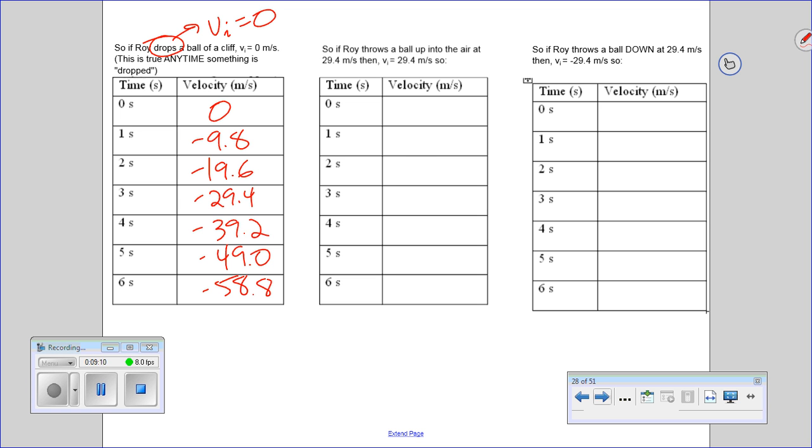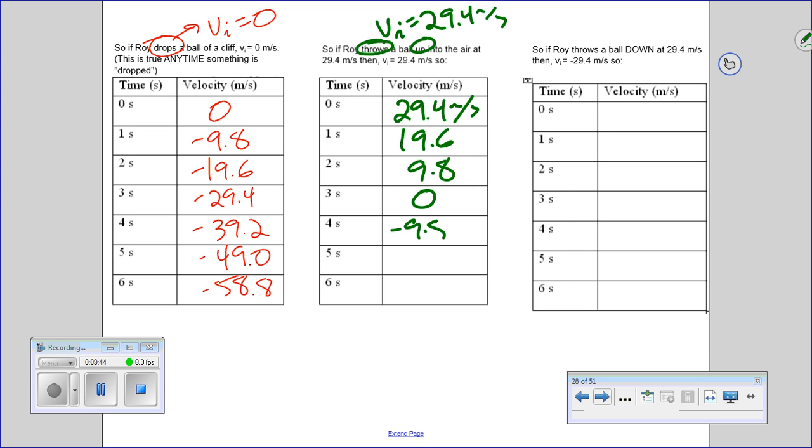All right, now in the second example, Roy throws a ball up at 29.4 meters a second. So in this example, our VI is 29.4 meters a second. That means at the instant that Roy lets go of it, the instant it becomes an object in free fall, the velocity is 29.4. And then, because it's in free fall, the velocity is going to decrease by 9.8. So as I did before, I'm going to keep subtracting 9.8. You get 19.6, 9.8, 0,